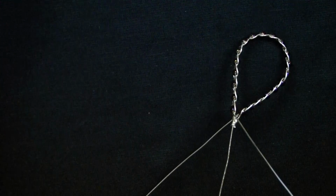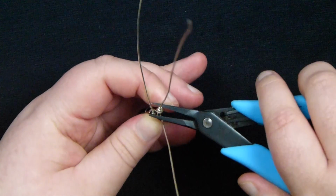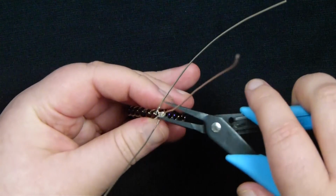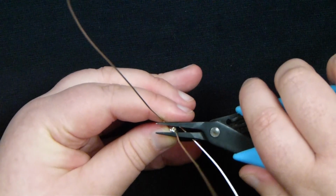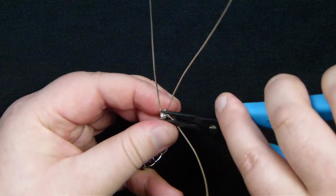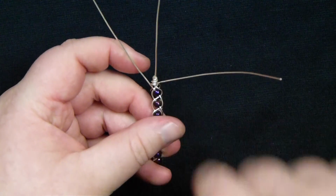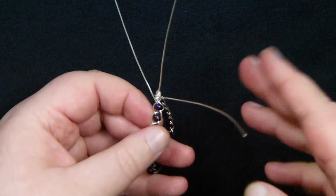and cut that off. And again, remember to use your chain nose pliers or flat nose pliers and just squeeze them in. So now we have basically an end right here on each side of the wrap, and you just want to make sure both of them are tucked in nicely. And a way to always check that is, of course, by then running your finger over it, and if it feels fine, then it will be fine. If you can still feel it a bit too much, then you just want to tuck it in a bit more. So we now have one wire left on each side there, and all we want to do is the